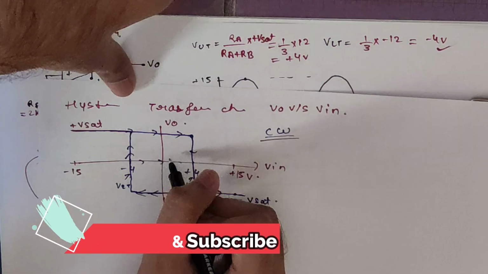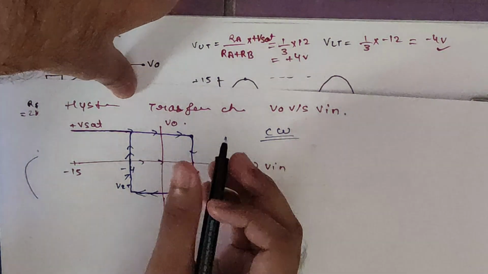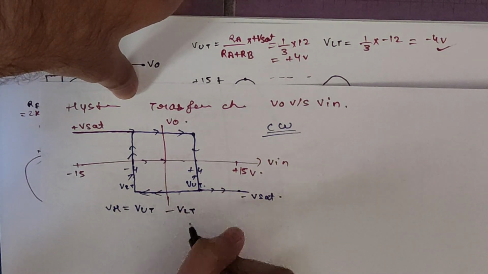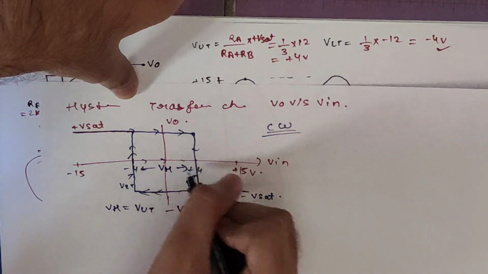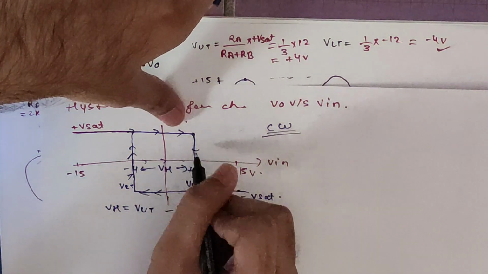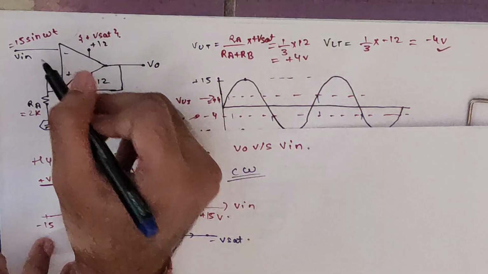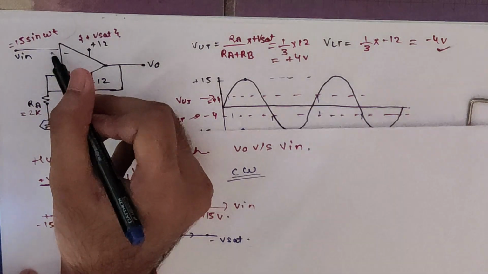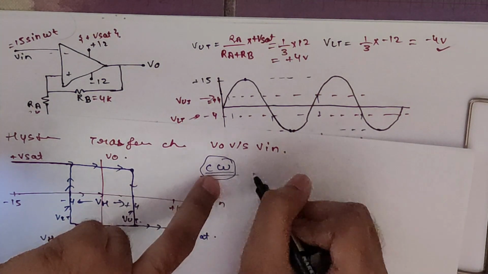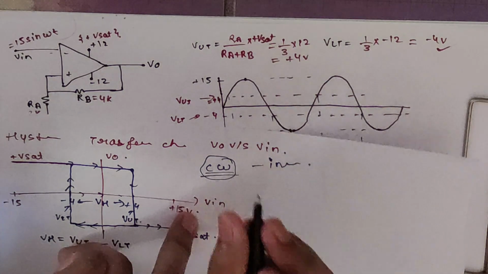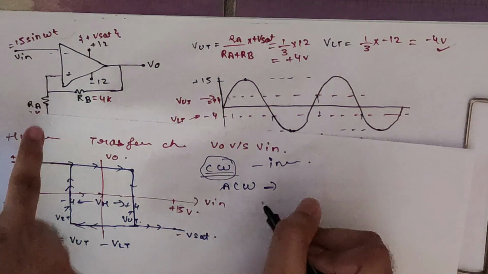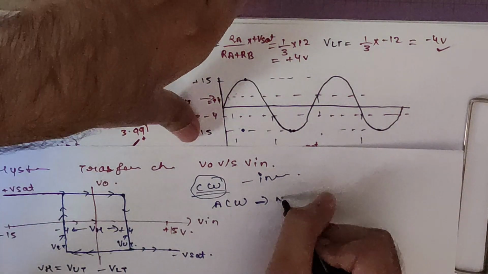So this is our hysteresis loop, and the hysteresis voltage is basically VUT minus VLT, upper threshold minus lower threshold. So this is our hysteresis voltage. One thing you can also observe is that the direction of this loop is clockwise, and from the circuit you can see the input voltage is given to the inverting terminal. So you will always find a clockwise direction of your hysteresis loop if you apply input voltage at the inverting terminal, and you will find your hysteresis loop in anti-clockwise direction when you apply your input voltage at the non-inverting terminal.